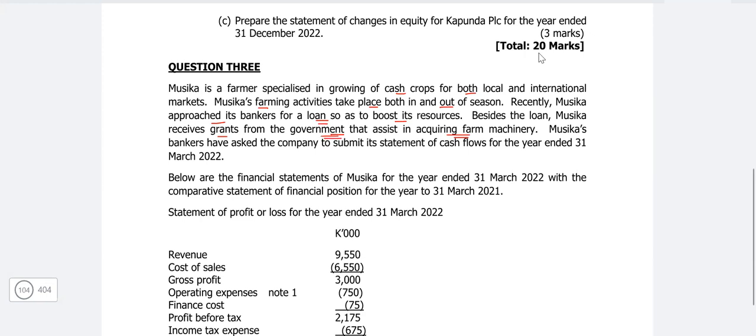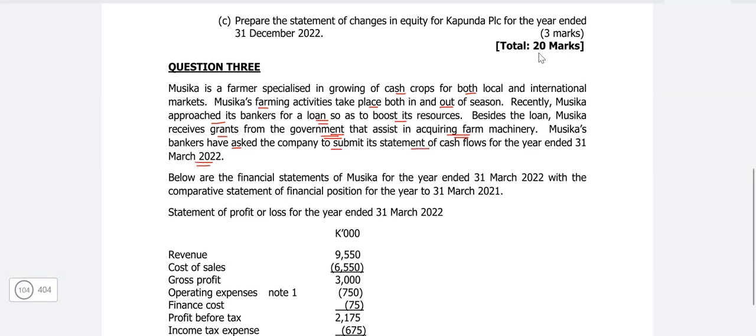We know government grant is related to the operating and investing activities, because within the operating activities, we need to reverse the amortization of the grant. And within the investing activities, we need to include the proceeds from the grant. And the loan is relating to the financing activities. MARFAT's bankers have asked the company to submit just the statement of the cash flows for the year ended 31st